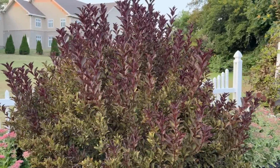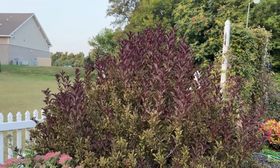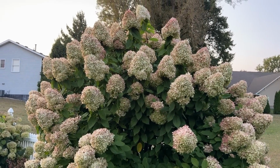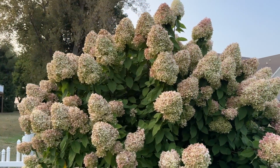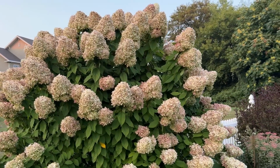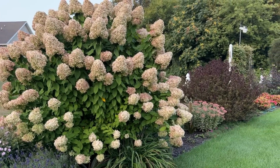Wine and Roses Weigela, which is great foliage, a spring bloomer, but great fall foliage. Limelight Hydrangea. This, along with that Weigela, are two of the oldest plants in my garden. When we built this garden, I think now it was 20 years ago, these were the first two plants we put in to kind of give a foundation or specimen in this garden bed,